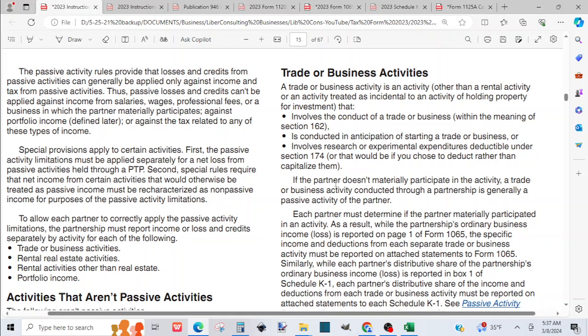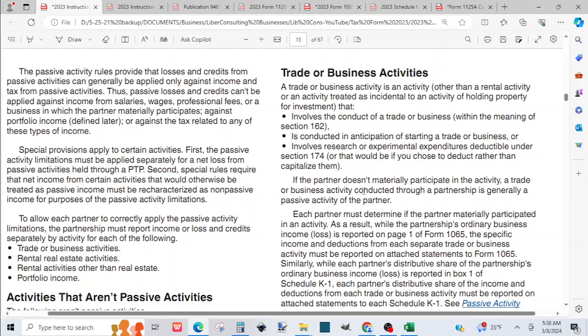So if the partner doesn't materially participate in the activity, a trade or business activity conducted through a partnership is generally a passive activity of the partner. In that case, though, the trade or the business is a trade or a business for the business, but not so much to that partner that didn't participate in it. So you will still put your data on page 1 of 1065, and